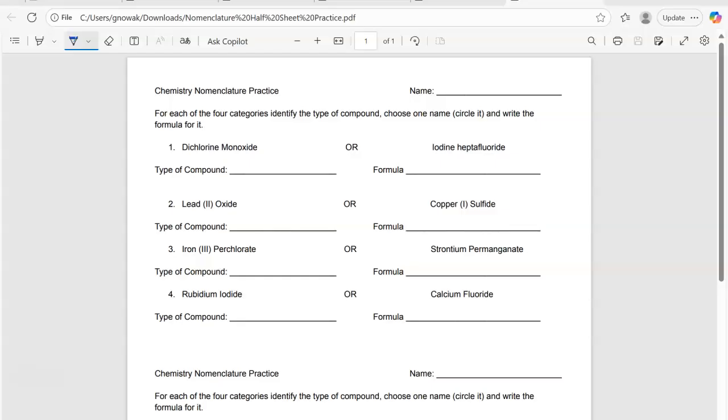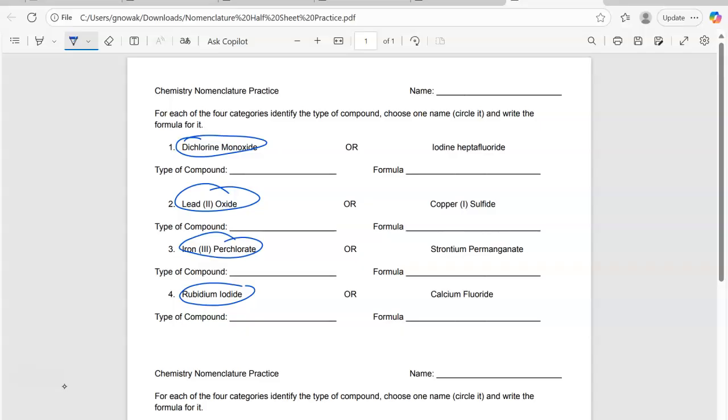And unfortunately, we didn't have time to get through this entire practice sheet. So I want to start off by just going through this together. So what I'm going to do is I'm just going to go for this top part. I'm just going to look at that first compound for all of these. And so what we want to do is we want to identify what type of compound that is and